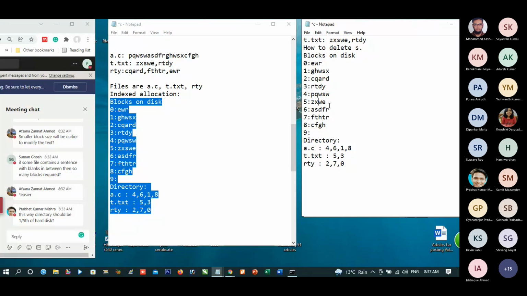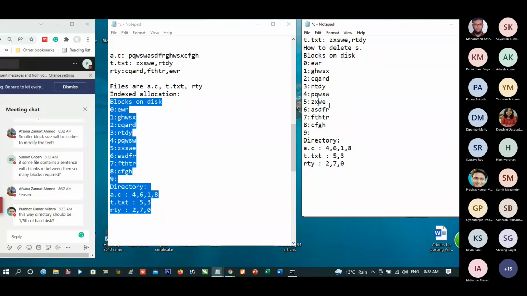Is this okay? The method of deletion of S?